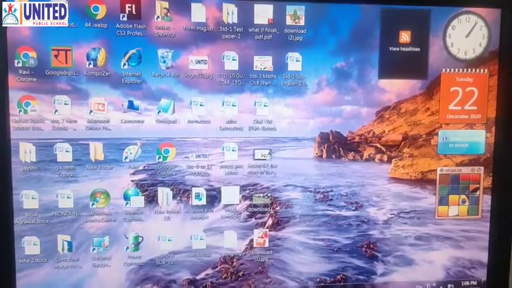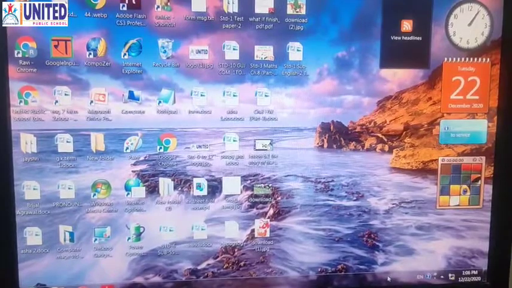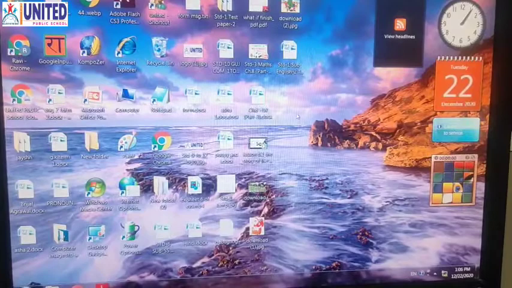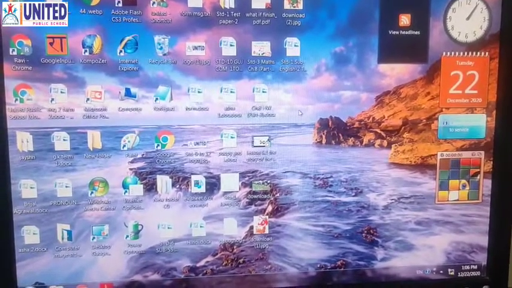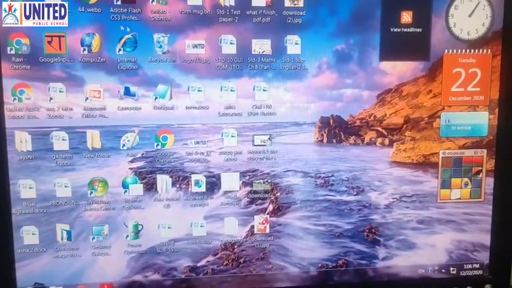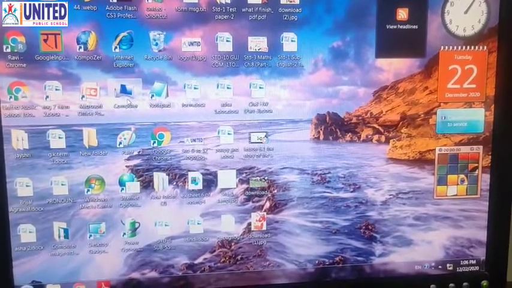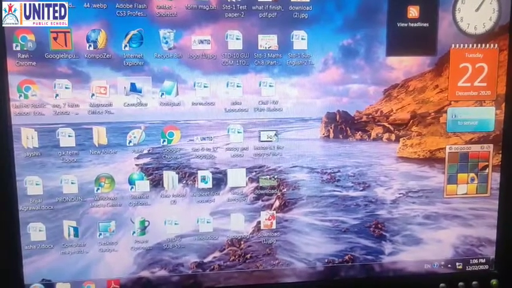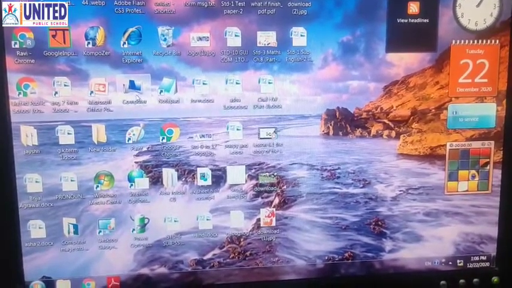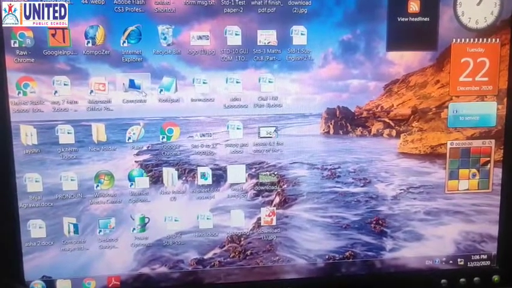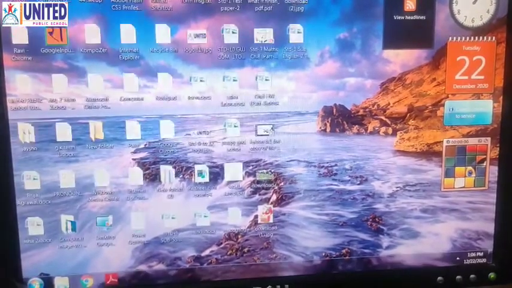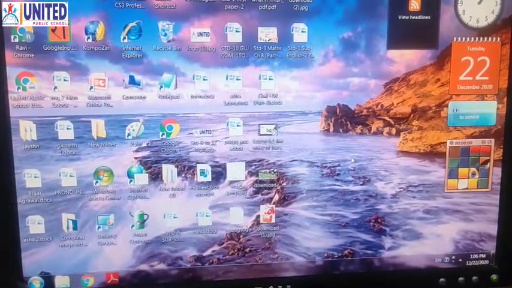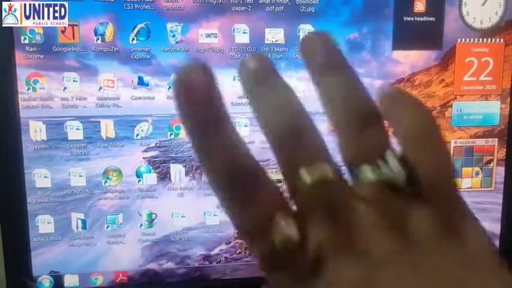Now let's see how we can select the icons and deselect the icon. For selecting the icon, you have to just move your mouse pointer. Can you see this arrowhead mouse pointer? Yes, you have to just keep your mouse pointer on that icon. So I am just keeping it there. So you can see the computer icon is highlighted. That means your icon is selected. Now for deselecting, you have to just take your mouse pointer to another side of the desktop. Okay, that means your icon is now deselected.